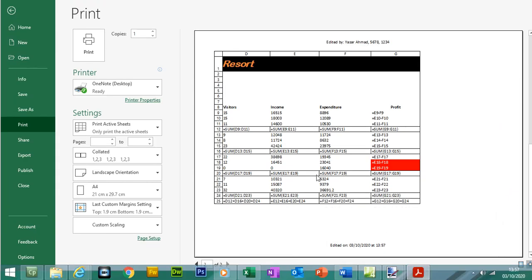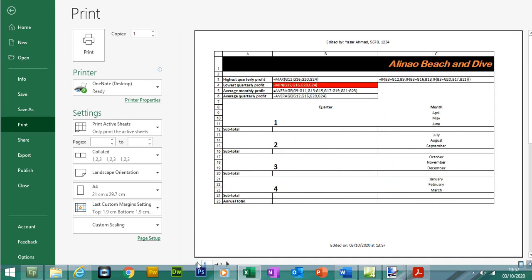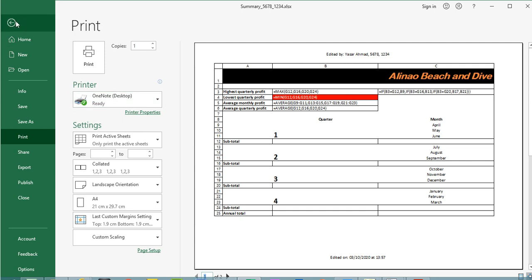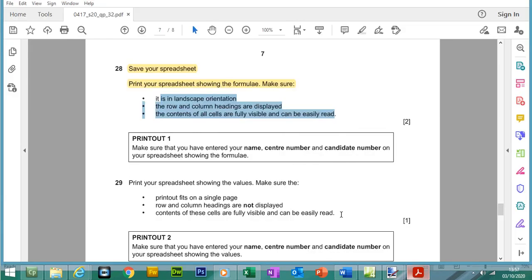Your candidate details are here. Yep, we can go ahead and we can print this off. So I'm just double checking to see if all of the formats are shown. Yep, so that's your first printout. Go ahead and do that. And then